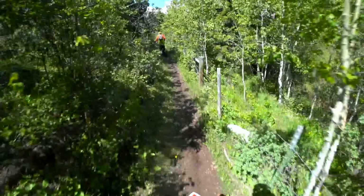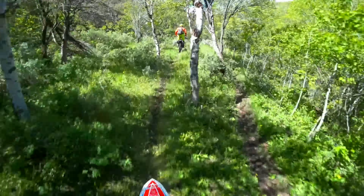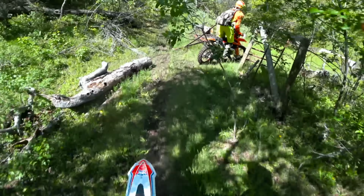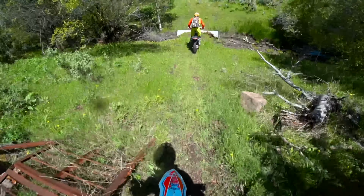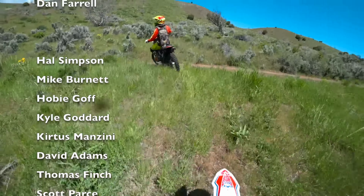And that's what most of today has been. It's just really flowing single track, just beautiful stuff like what you're seeing here. A little bit of tighter woods, but just absolutely magnificent, beautiful stuff. And the bike has been doing really,